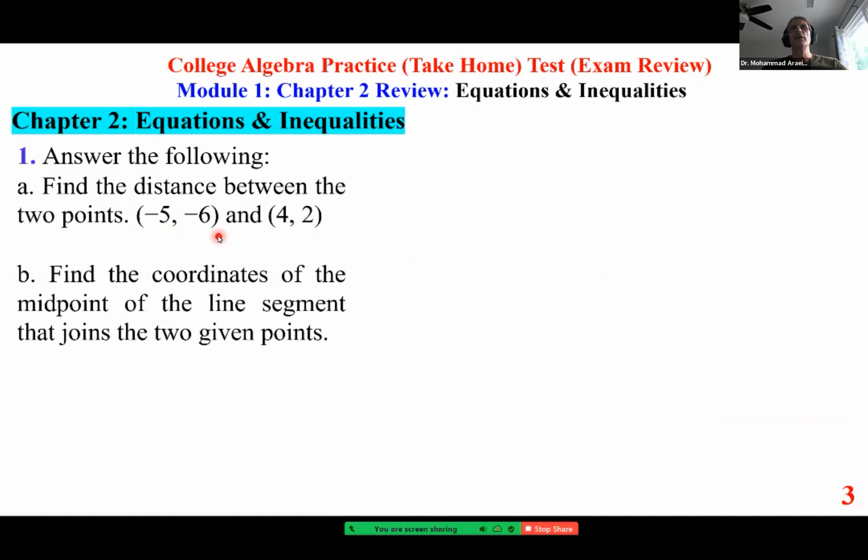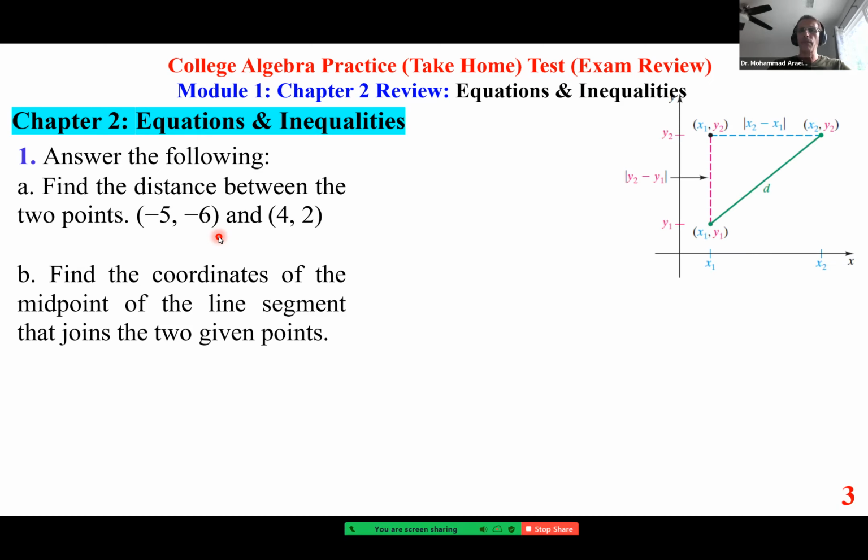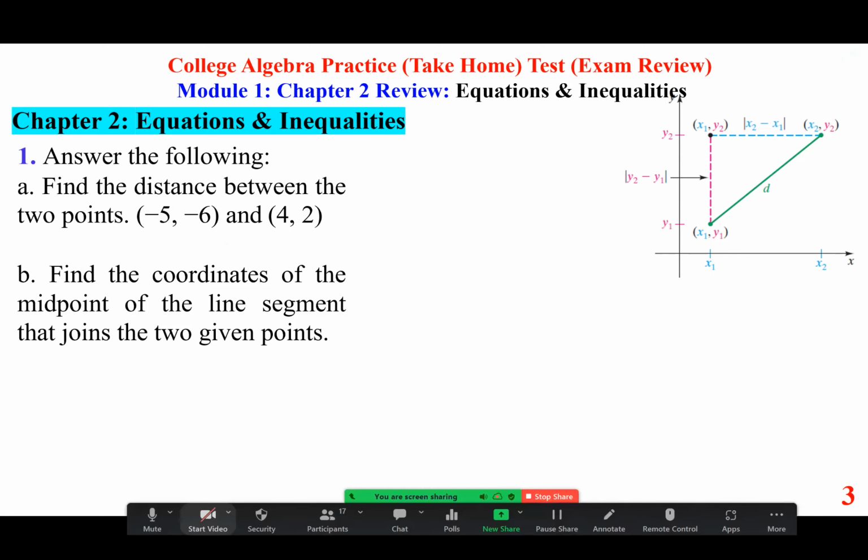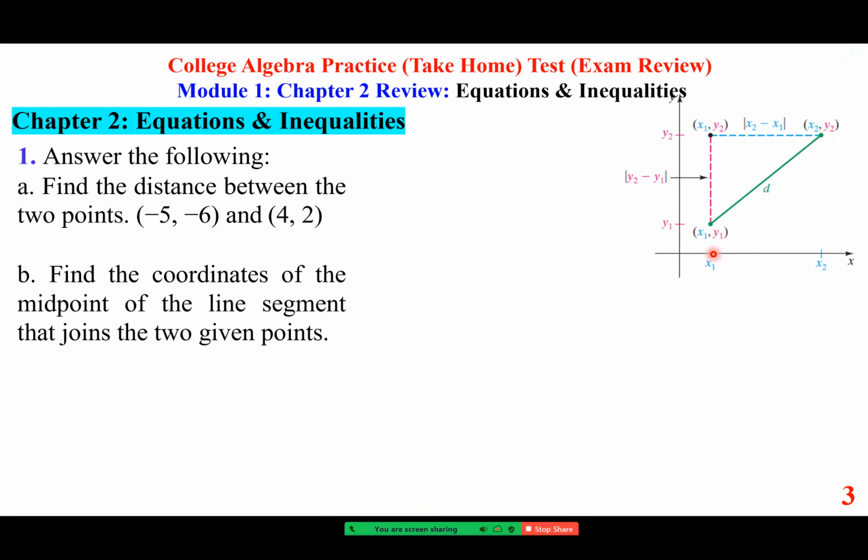So, how do we find the distance? I'd like to remind you of what we have learned. In order to find the distance between 2 points, we basically use the Pythagorean theorem. So we want the distance between these 2 points, where the first one is given by x sub 1, y sub 1, and the second one is given by x sub 2, y sub 2. It doesn't matter which one you take to be the first point and which one you take to be the second point. This distance, if we look at the x coordinates of the two, is this distance,